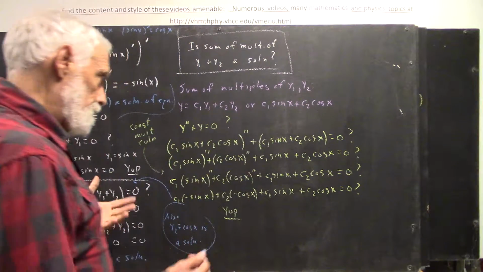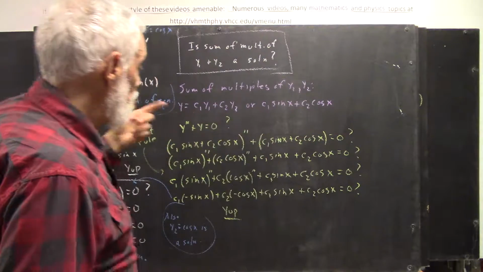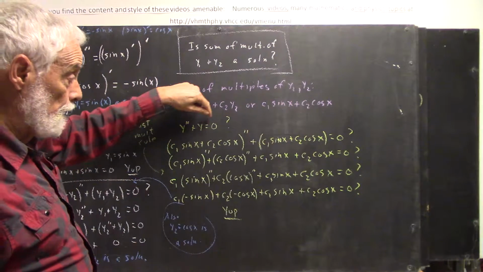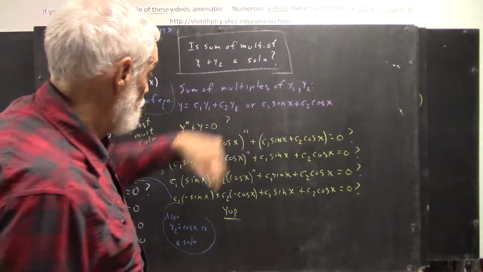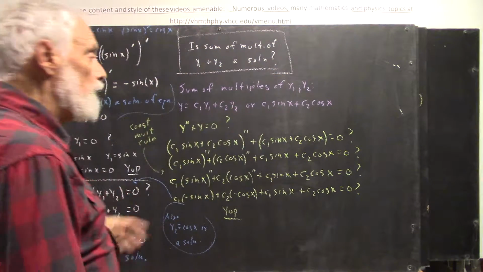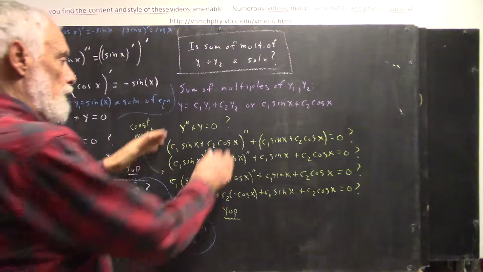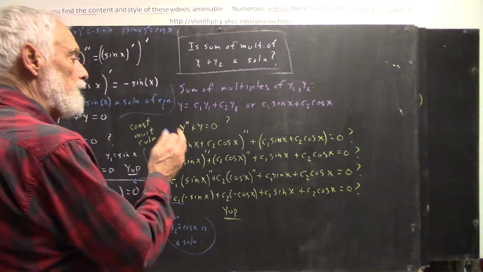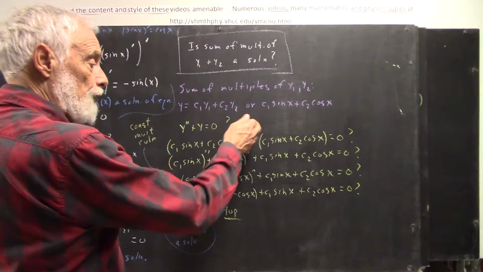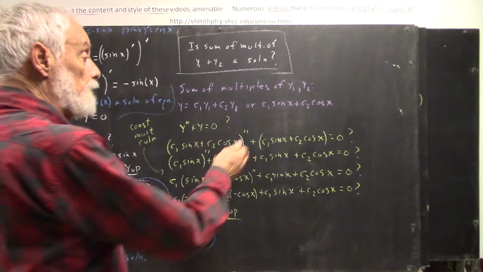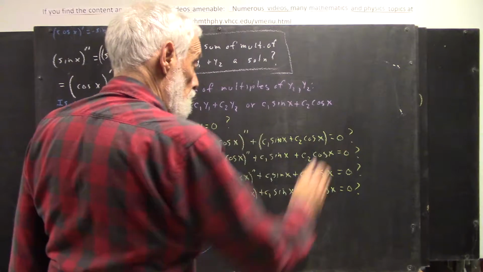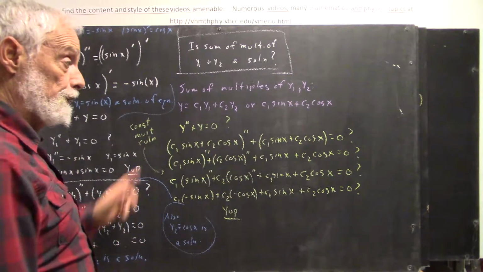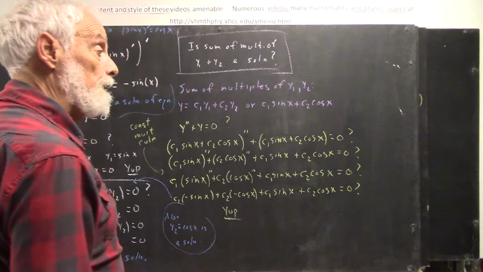So now the question is, does this solve the differential equation y double prime plus y equals 0 if y equals this? Using this form, we substitute, and we get the quantity c1 sine x plus c2 cosine x, second derivative, plus the quantity c1 sine x plus c2 cosine x, equals 0, with a question mark. Does this equal 0? Okay, well,